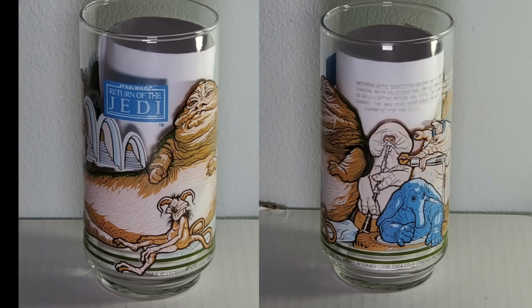And last in the 4th set is the Jabba the Hutt. But I call it the Salacious B. Crumb glass. Because look at him. I've never seen Salacious B. Crumb look so cool. Now to get the Burger King glass, you had to buy a Coke and pay 55